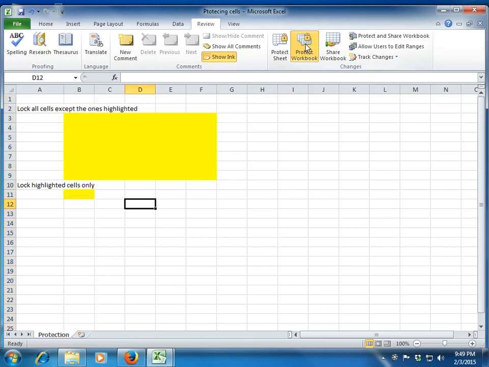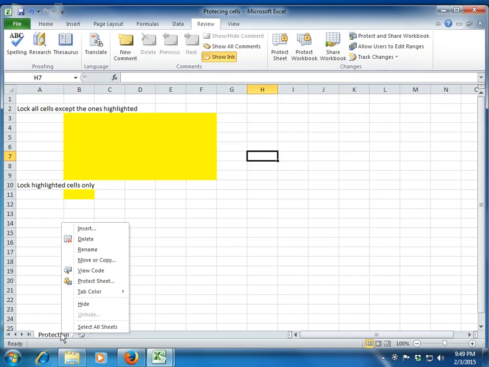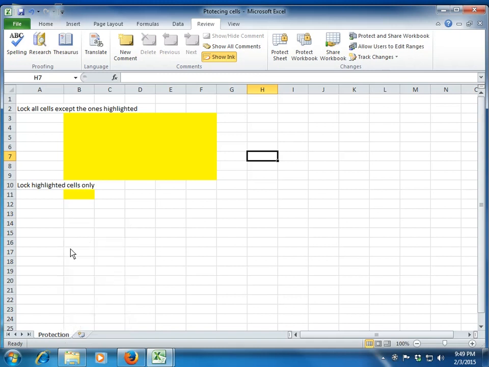Clear? So if you protect the workbook, okay, now I have unprotected it, so now you will see all these options are again enabled. Right? So protecting the workbook will ensure that you cannot move or copy or insert any extra sheet, etc. to your workbook. Fair enough? So this is how we use the Protect Sheet and Protect Workbook feature in Excel. The last part of protecting an Excel file is where you can password lock your Excel file so that no one without your permission can open it. Even when you send it to someone else, they will need the password to open your file.